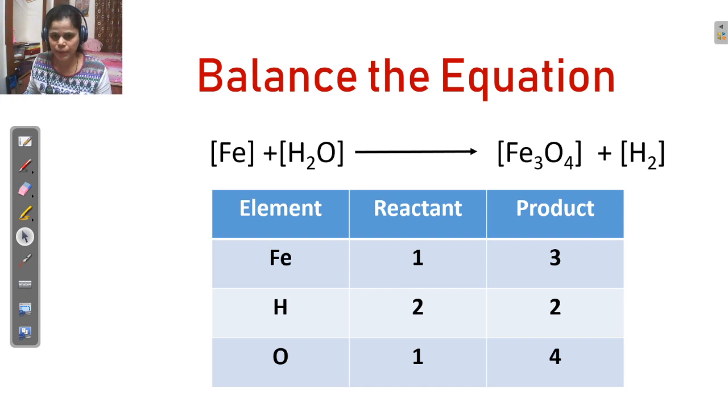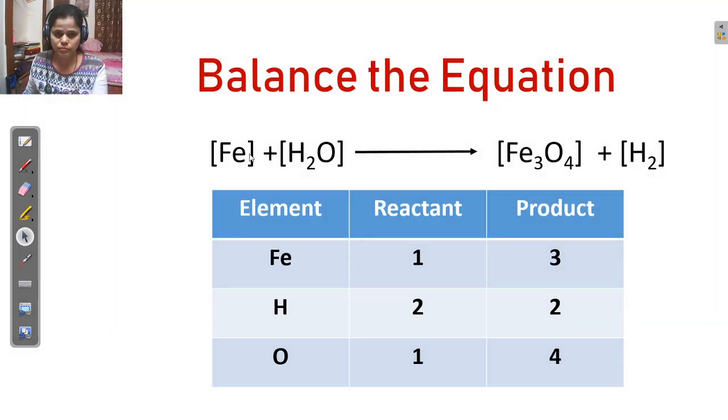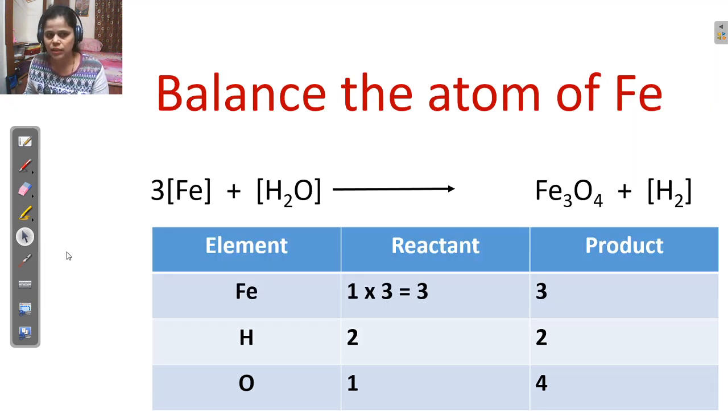So let's multiply here. Fe3. Write down 3 before the bracket. It's a rule. We have to write the number 3 here, that means before the bracket. First of all, the first rule is write all the compounds in the bracket first. Then make the table. Okay, and write down the number of atoms of all elements in the reactant side and the product side. And the second step is balance the number of atoms one by one.